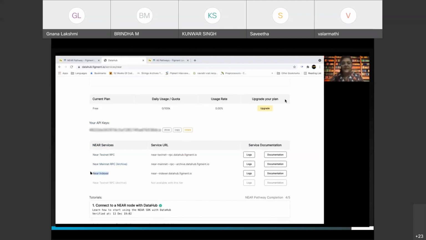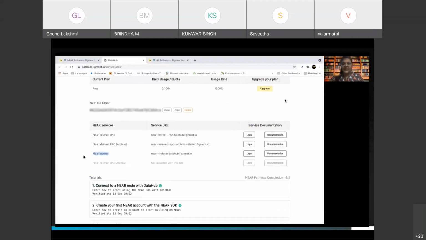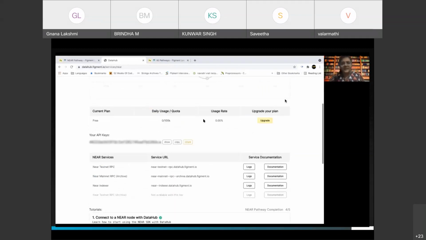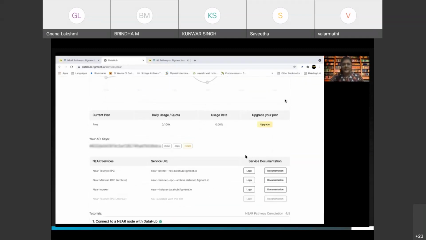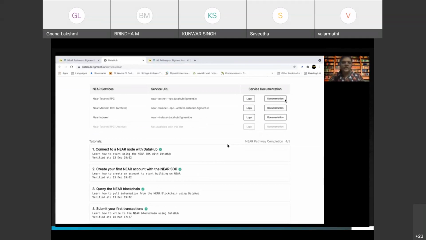Indexer API endpoints are generally used to search for something, right? You want to index something, you're looking for something. That is also provided. So the API key has some amount of rate limitation. That is, you can only call X number of requests; you can see there is a daily usage quota of about 100K. So this is enough for us to learn, right? And if you want to use this professionally, eventually going forward to build apps as well, you can upgrade the plan, or you can directly use the NEAR mainnet URL to deploy your smart contracts if that's the case.